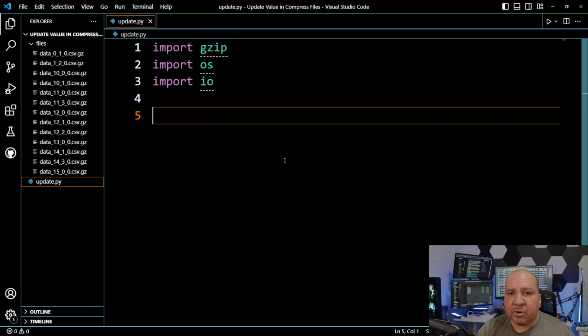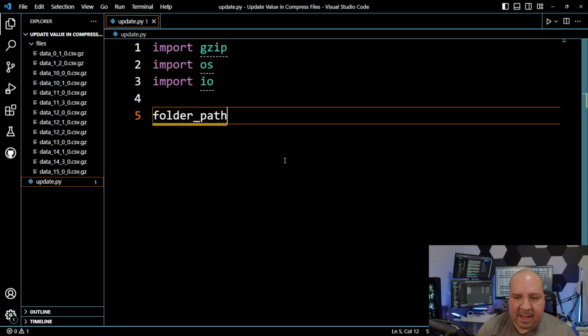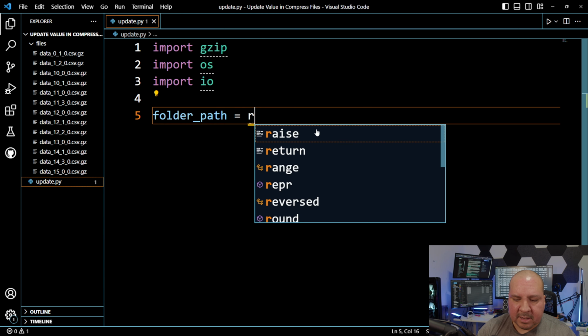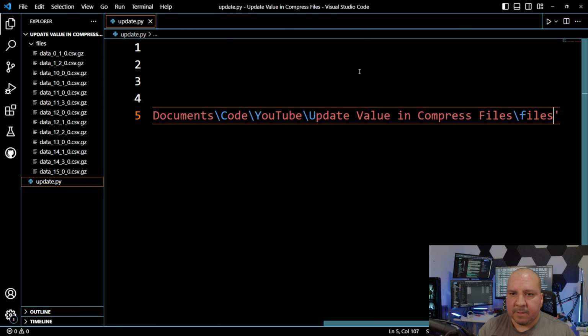One of the things I'm going to do first is provide my folder path. So let's call it folder path. This is going to be this folder here, which is called files. In your case, it could be located on a network or somewhere else, it doesn't matter, wherever that's at. Go ahead and specify that. So let me go ahead and copy this. All right. So now that I have that specified,